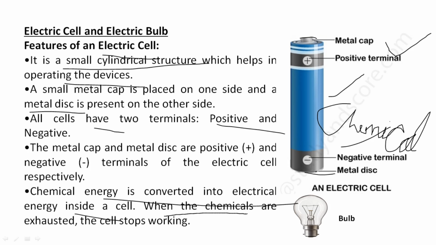When the chemicals are exhausted, means fully used, the cell stops working. Means देखियो बहुत दिन पर यूज होला पर कौन हुए आउ बैटरी काम करे नहीं. तमे कौन कर आ गोटे नुआ बैटरी आनो. कौन पे नुआ बैटरी आनो? बिकॉज ता भीतर जो केमिकल थाए से सब सरी जाई थाए, एग्जॉस्टेड हो जाई थाए. सेट में आउ काम करे नहीं. दैट्स व्हाई यू नीड न्यू बैटरी. Okay, and that battery is what? Electrical cell.